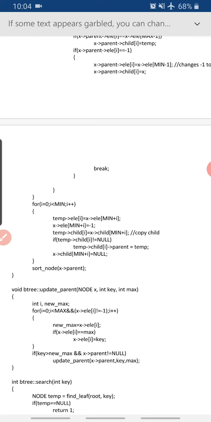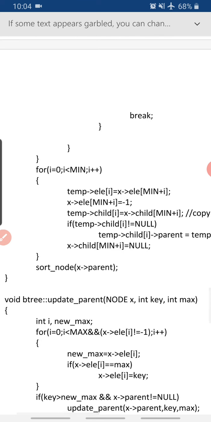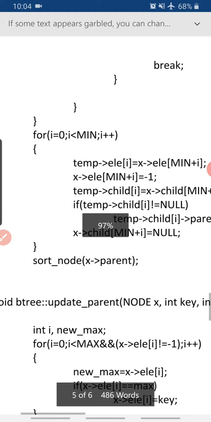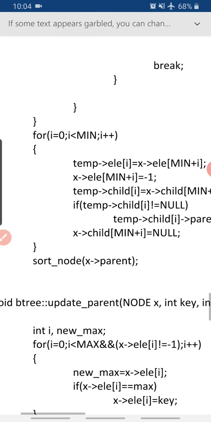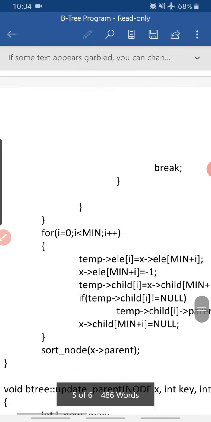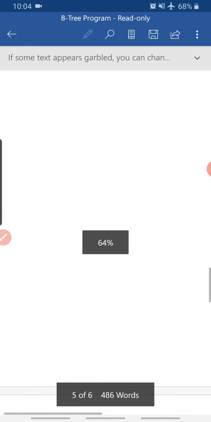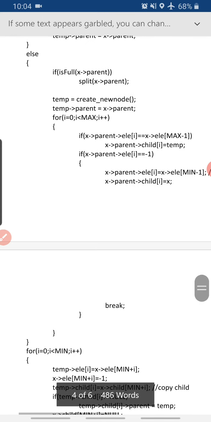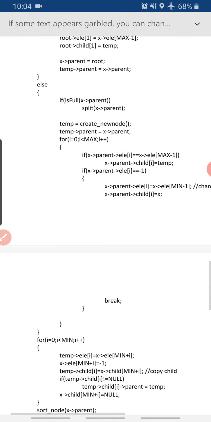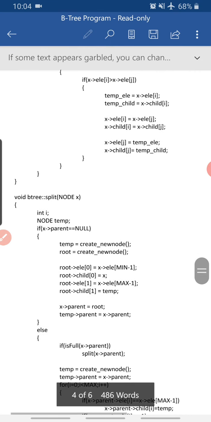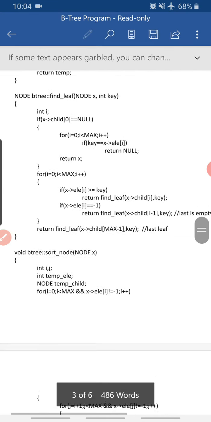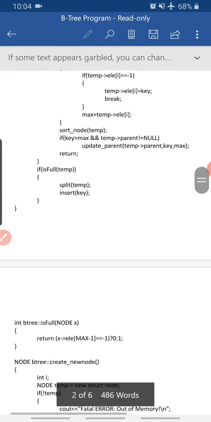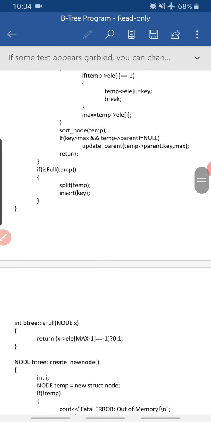Yeah, even after the splitting and insertion, please observe here there is a sort node that is called. So even the new values that are inserted into the parent also need to take care of sorting, because we would have simply inserted the values at a minus 1 position. So sort node is again called over here. So it's always better we take a sample B tree arrangement and then try to trace this. That would be definitely better for you. You should do that, right? So that's what we were trying to do in the split, and then we called insert recursively.